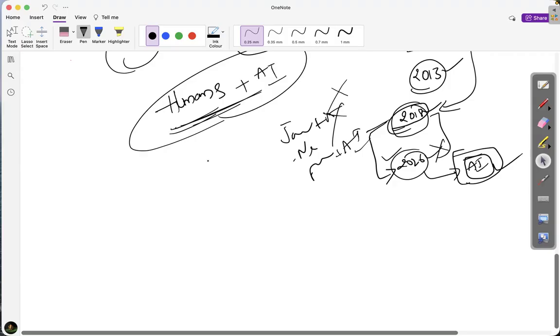See, in my case, let me tell you, I'm working in one of the MNC companies. I'll reveal the name also, I don't have any problem. I'm working in TCS. In TCS, it's mandatory for everyone to go to the office, but for me, till date,